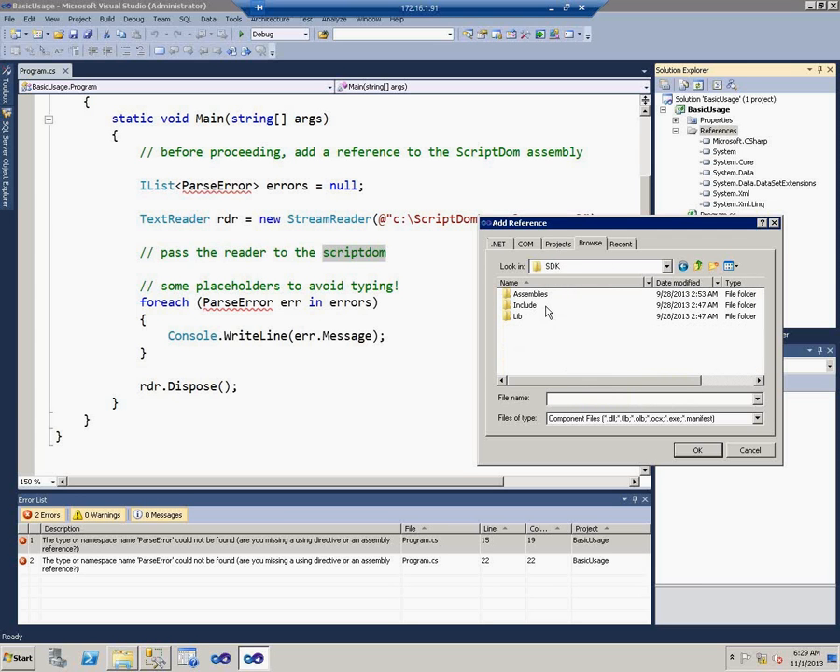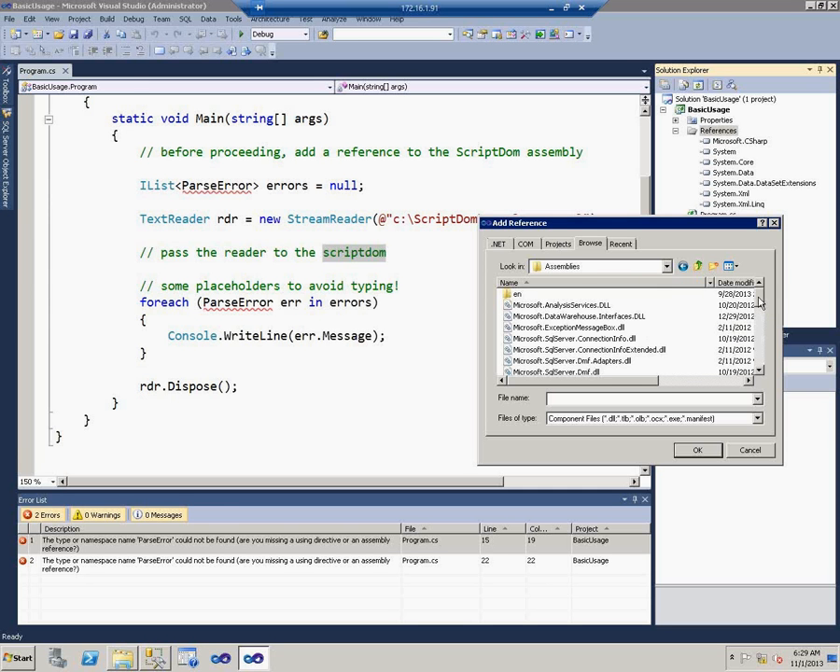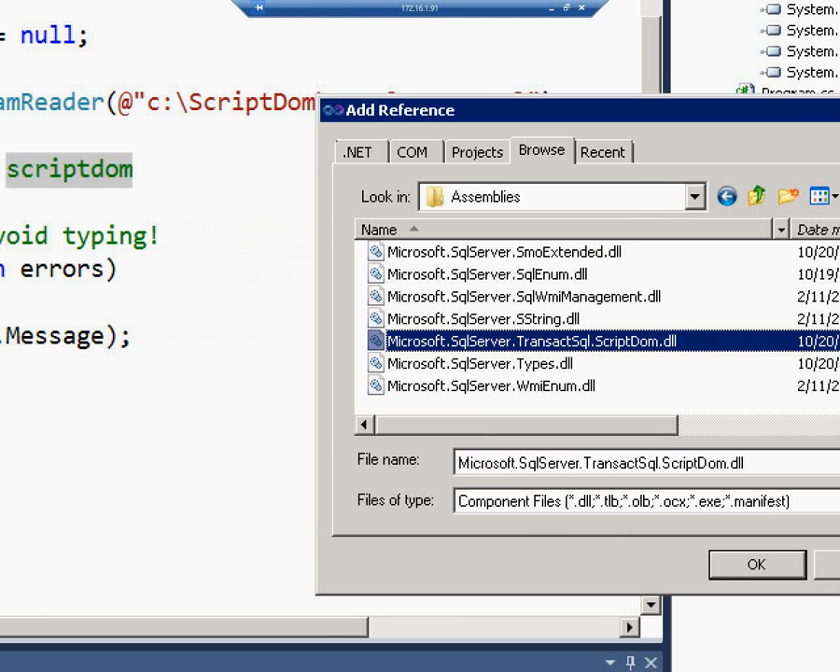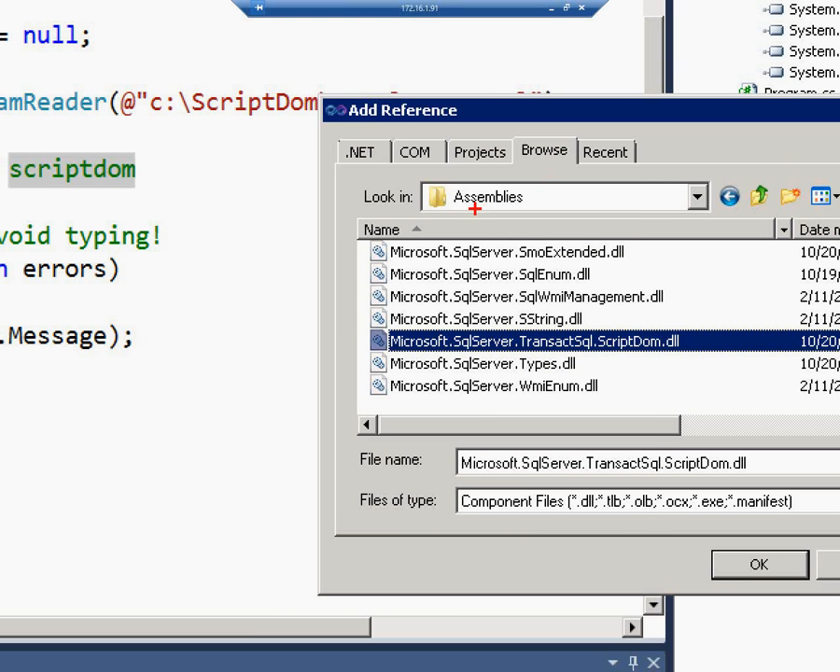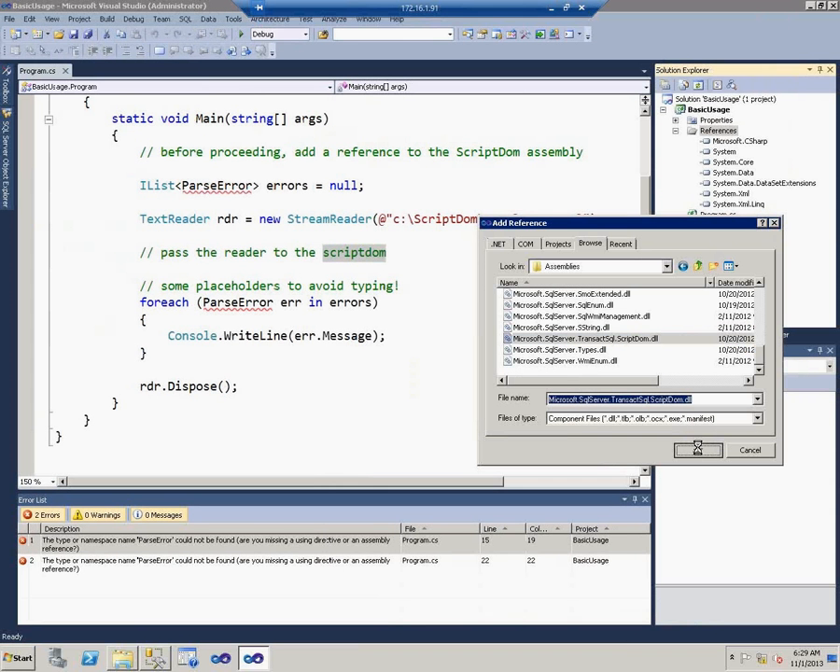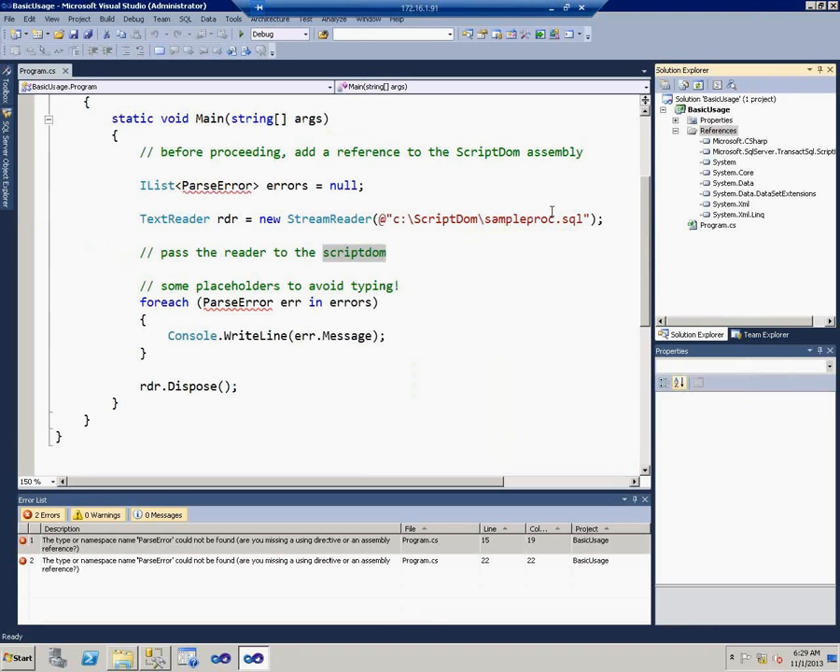This one is under a folder within your SQL Server installation, and that's the one we are interested in. This is actually within the Program Files for SQL Server. Look under that for the 110 folder, which is for SQL 2012. Under that you have an SDK, and under that you have the assemblies folder, which is where you find our parser right here. All right, so we're going to reference that, and once that is done, we add a